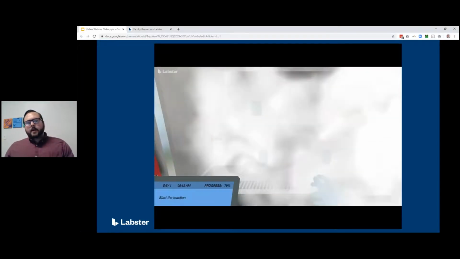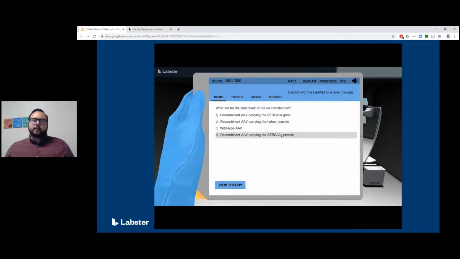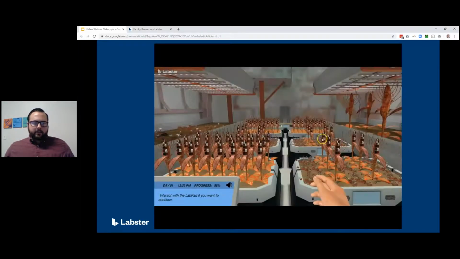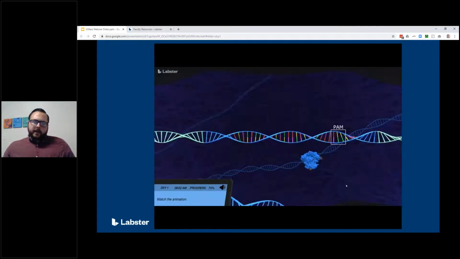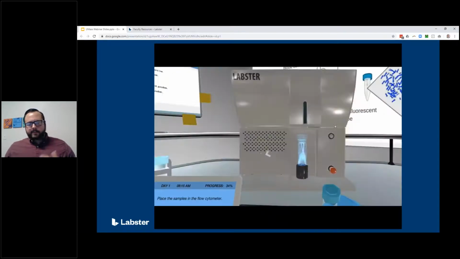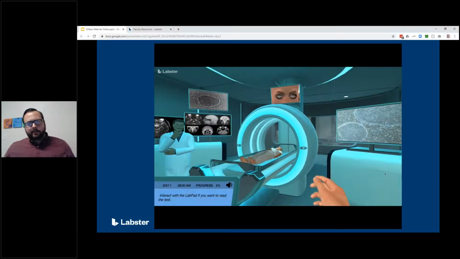Whether it be solving a crime, helping a local basketball team, or even learning about their diets, they're going to learn why this is important to their real lives. As the students are playing through, they're also required to complete every step that they would in a real lab. So in doing so, they'd also learn all lab protocol and techniques. This is everything from basic safety protocols like putting on a lab coat to learning how to use the different tools and machines.